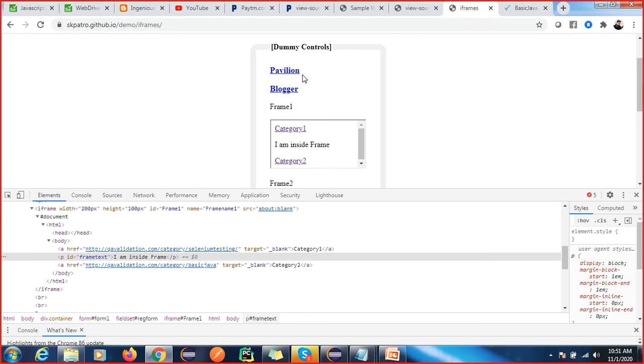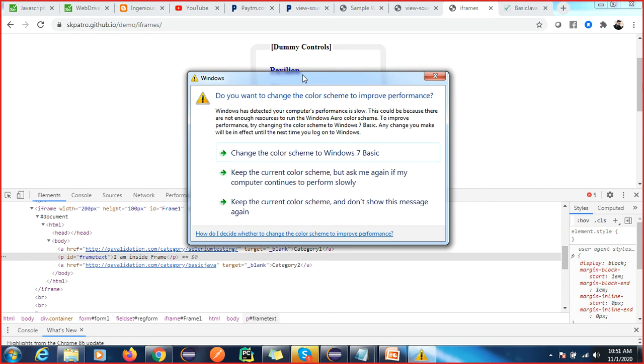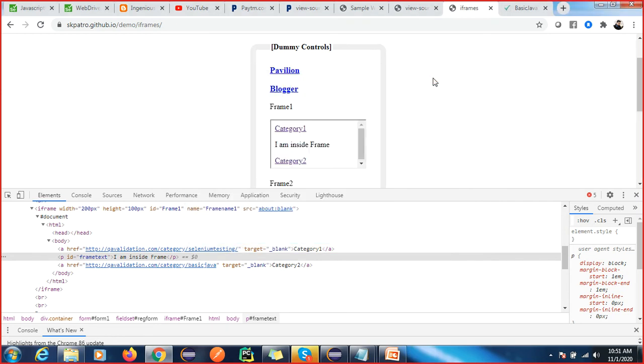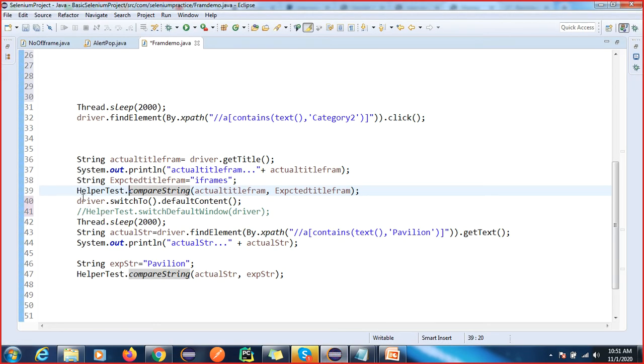If you want to perform any validation, title or capturing the text, you can do that. And after performing all the operations, again we have to come back to my default page. How to come back to your default page? By using driver.switchTo().frame, sorry, defaultContent, right?